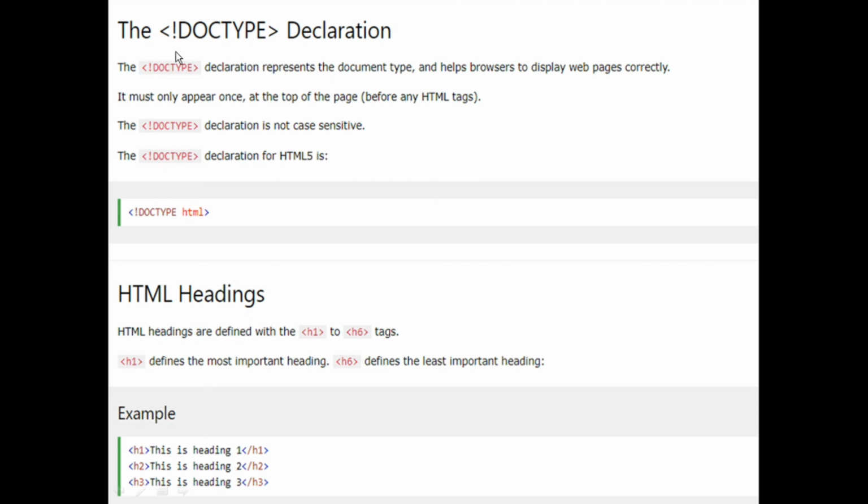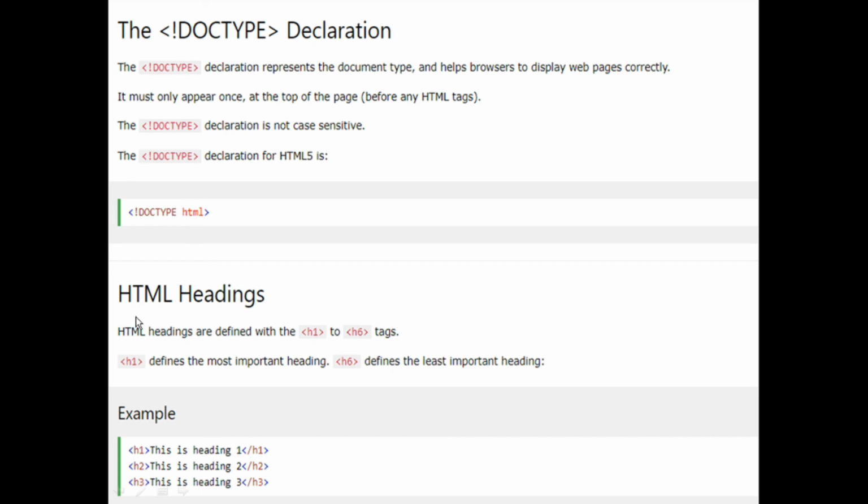Don't write it once at the top and once again when you end the HTML code. The doctype declaration is not case sensitive, so you can write it in uppercase or lowercase letters. For HTML files, this is the syntax: angular brackets, then the exclamation symbol, which is very important.